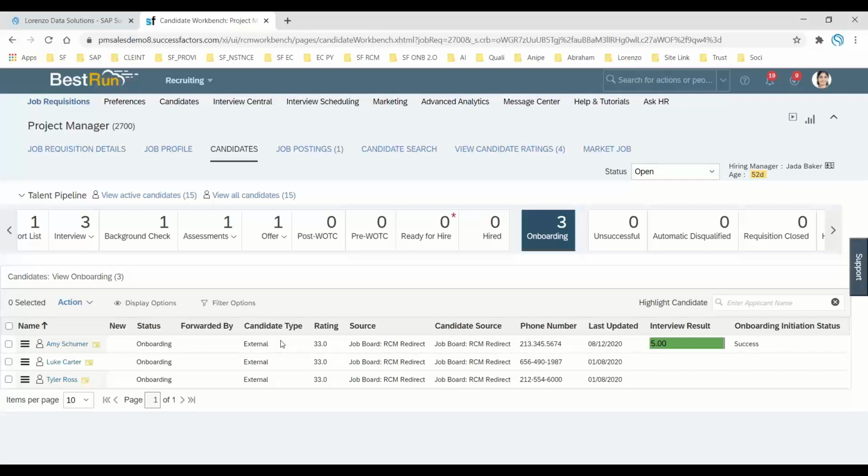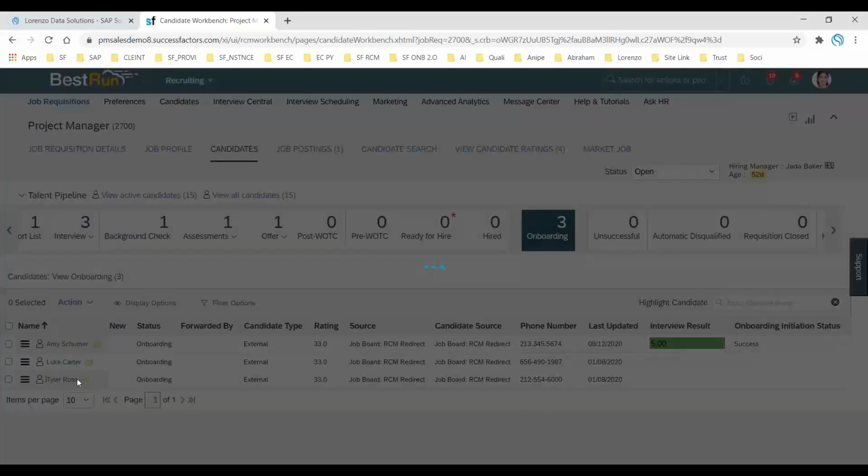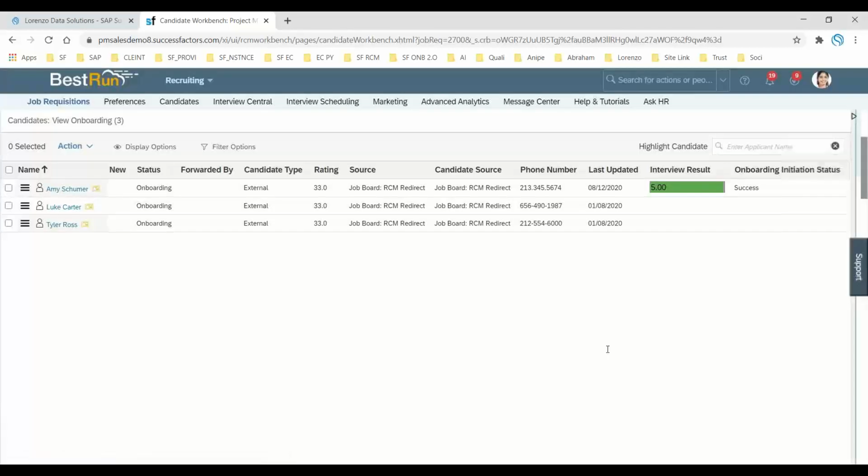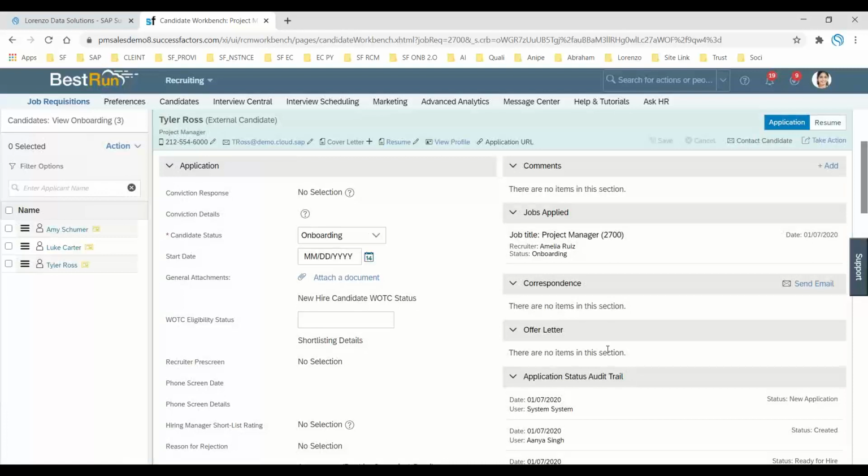If you are initiating onboarding 2.0 for internal candidates, that will become a cross boarding, so we are not talking about it. I'm talking about onboarding 2.0 for external candidates. Here you can just click on this applicant, and as soon as you click on it, the application page is going to open. But I want to tell you, the initiation of the onboarding is only possible on the application page, but it is not possible on the candidate summary page.